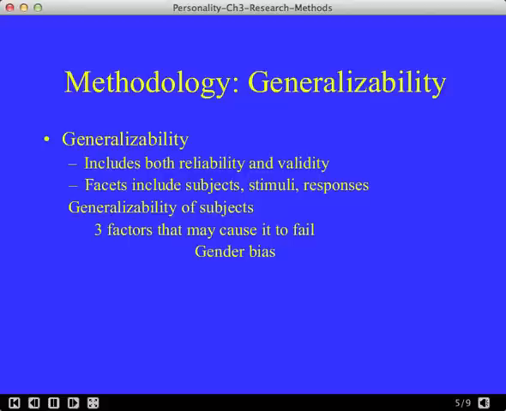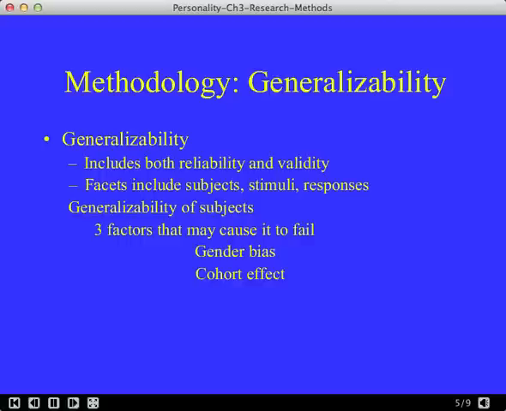The third factor that may cause generalizability to fail is ethnic diversity. Ethnic minorities need to be represented in research if generalizability to the general population is desired. Even if ethnic diversity is accomplished in American research, this population being represented, American and European, is only 30% of the total world population. 70% of the world population does not live in the modern, Western, capitalist, post-industrial society.